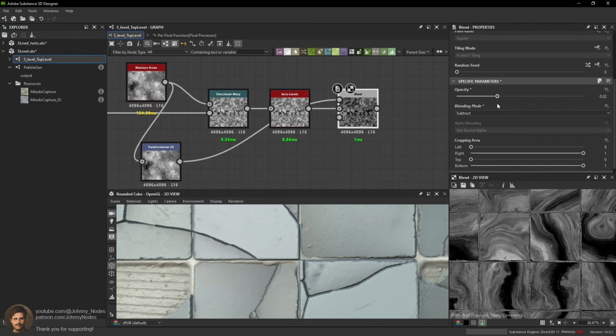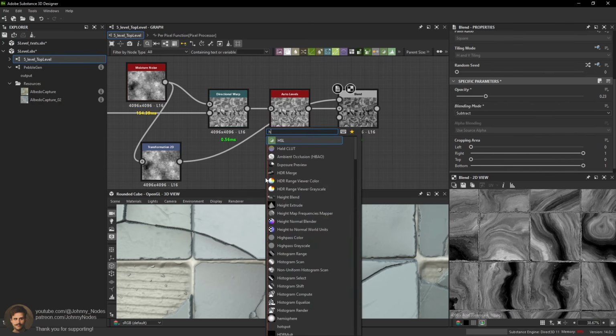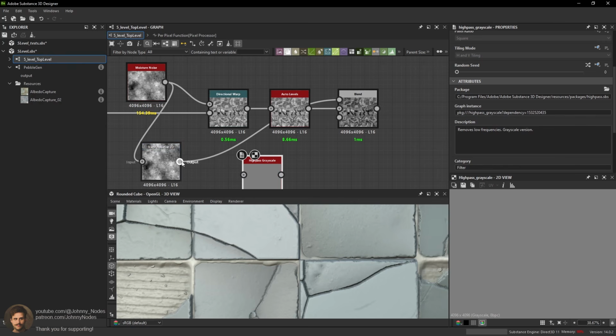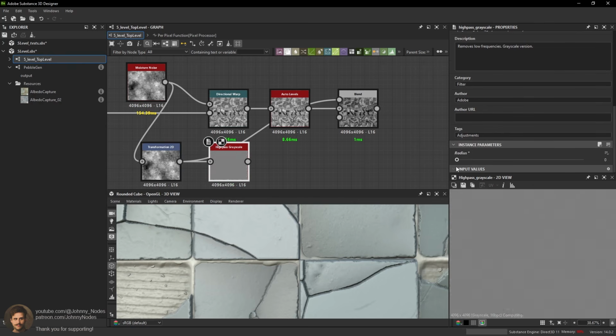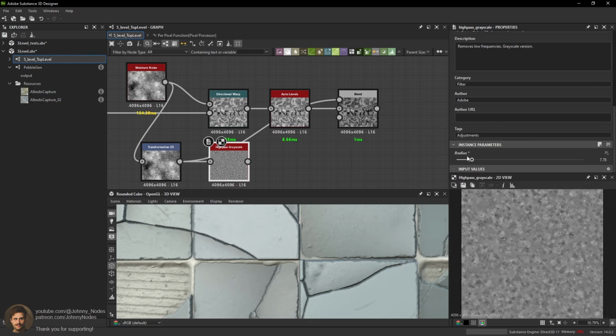Right, so we can break it up a bit more. We may even do a high pass on this to get some higher frequencies. As you can see, the high pass, you did it before, takes away all of the big shapes, right? You can see these big dark shapes, big white shapes here. The lower this number is, the more you get rid of those and you focus on just the high